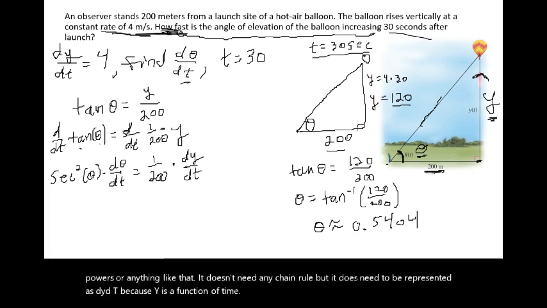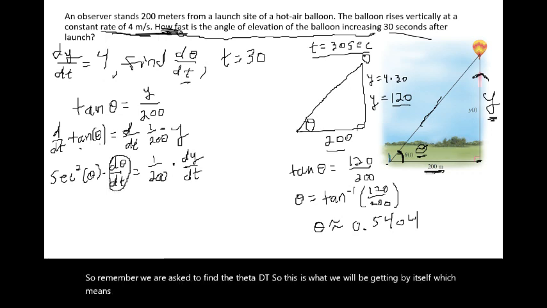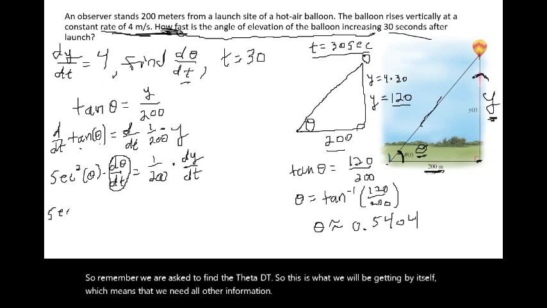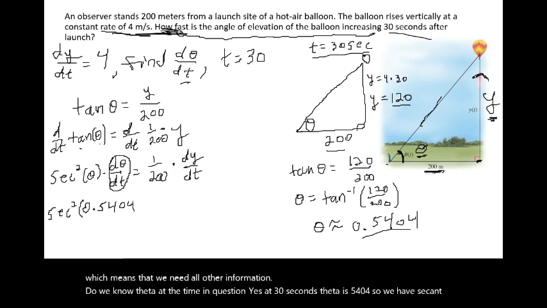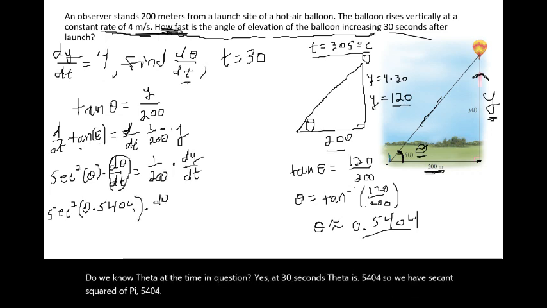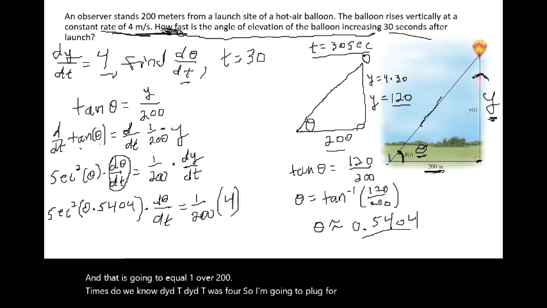So remember, we are asked to find d theta dt, so this is what we will be getting by itself, which means that we need all other information. So do we know theta at the time in question? Yes. At 30 seconds, theta is 0.5404. So we have secant squared of 0.5404 times d theta dt, and that is going to equal 1 over 200 times, do we know dy dt? Yes, dy dt was 4, so I'm going to plug 4 in for dy dt. And then to get d theta dt by itself,